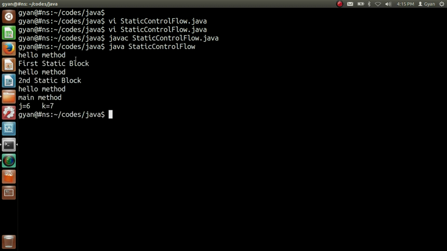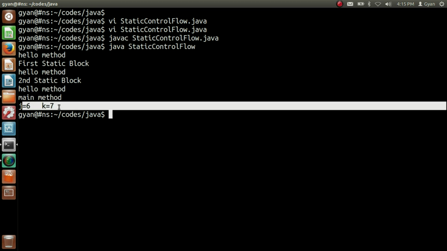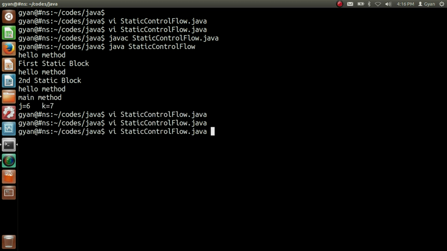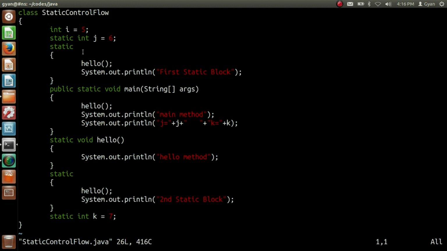It runs fine, printing hello method, first static block, hello method, second static block, hello method, main method, and j is equal to 6, k is equal to 7. Here you cannot use a non-static method or non-static, that means instance variable, from a static method. In a similar way, you cannot use a non-static method or a non-static, that means instance variable, from a static